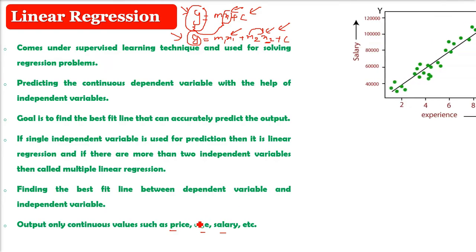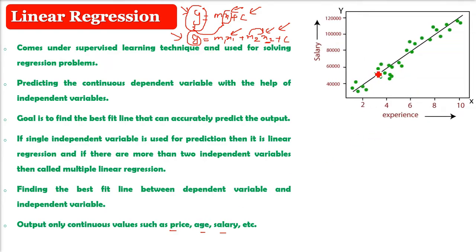So this is a diagram, or rather a graph, which is showing you two values. One value is a dependent value, one is an independent value. What you see here, salary, this is the dependent value, and this is totally dependent on the number of years of experience the person has. So this is a dependent value and this is an independent value.